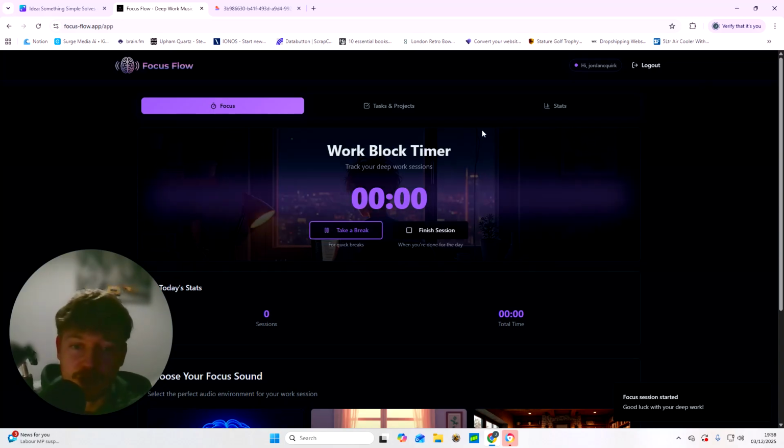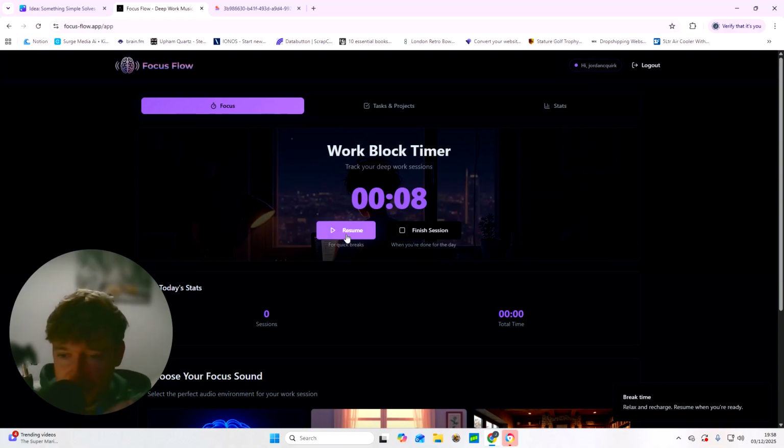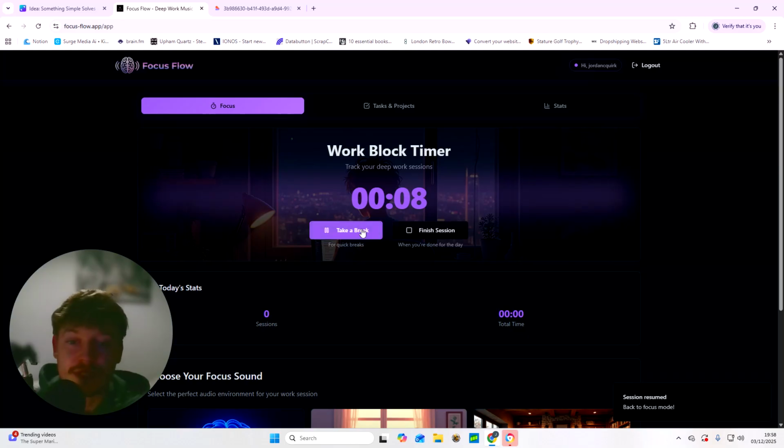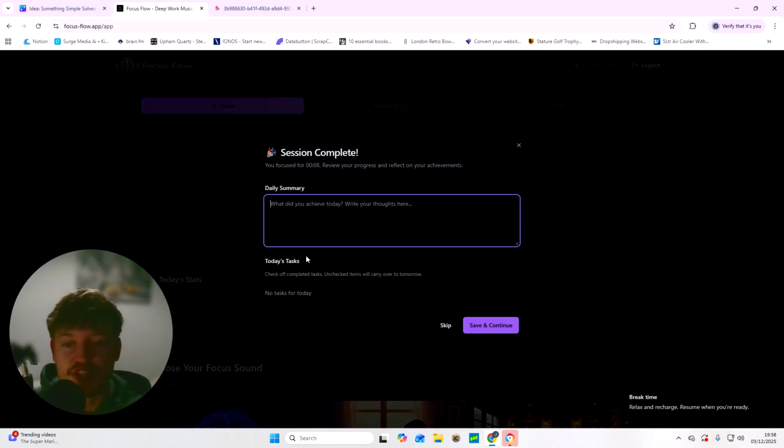Obviously, you can start focus timers, track your sessions. If you're going to do 1, 2, or even 8 hours a day, you can track how many hours you're putting in. Take a break, go for a wee, get a cup of tea, whatever it is you need to do. Come back, resume it, and then you can finish the session, and then you can check off tasks and